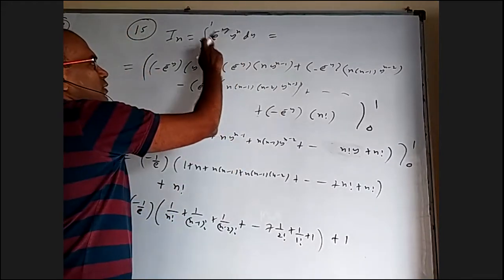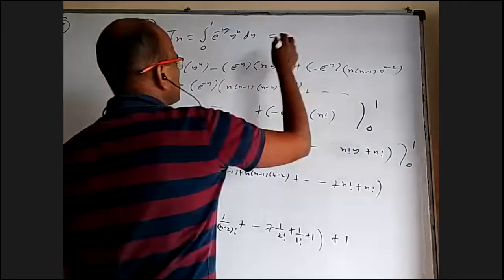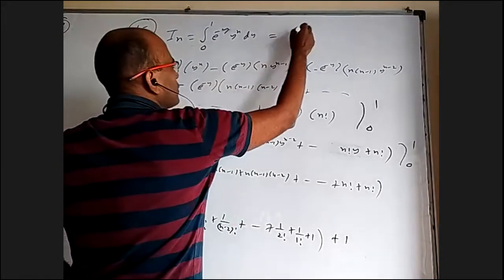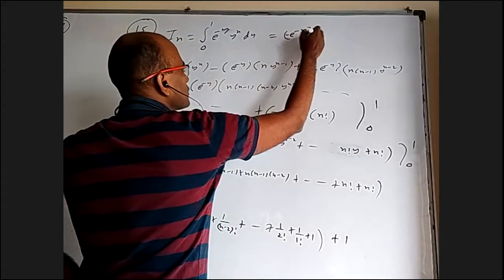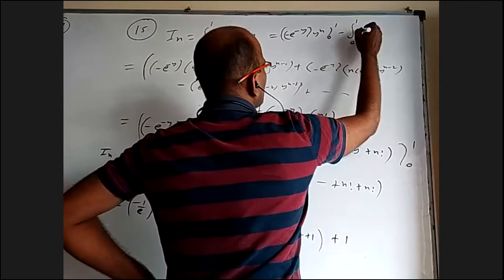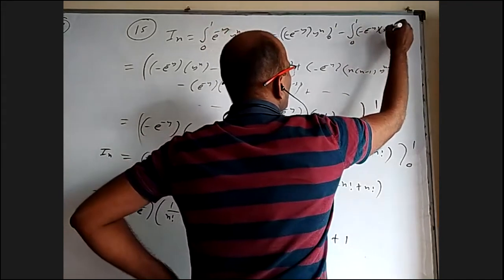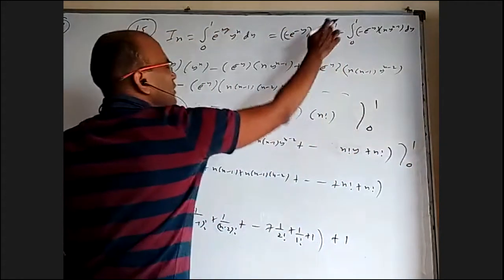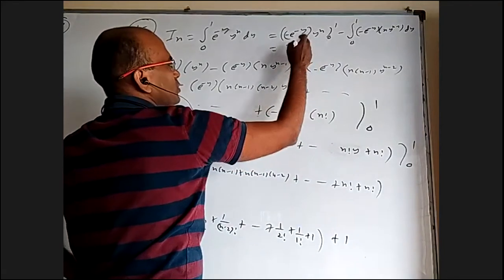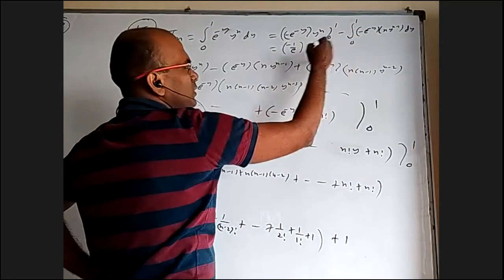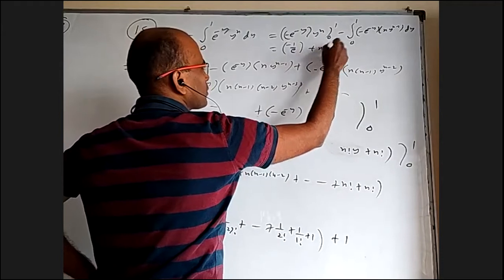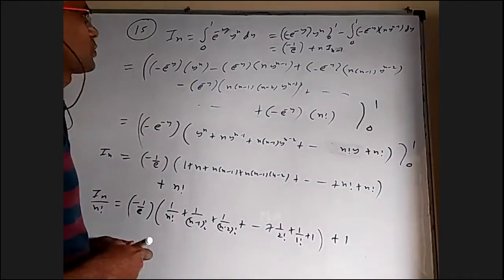I want to decrease here, so I want to integrate. So by parts only one step I will do. That's what it is. In means the power here is n. That's what we wanted to do. Okay. So e power minus y integral is this with y power n with limit 0 to 1 minus integral 0 to 1 minus e power minus y as it is n y power n minus 1 dy. This when I put 1, this is 1, this is minus 1 by e. When I put 0, it is 0. So minus 1 by e minus, that is going to be plus n I n minus 1. Okay. So this is your reduction formula.